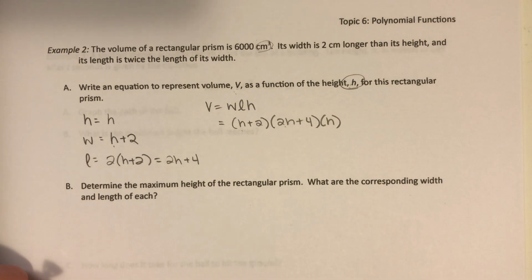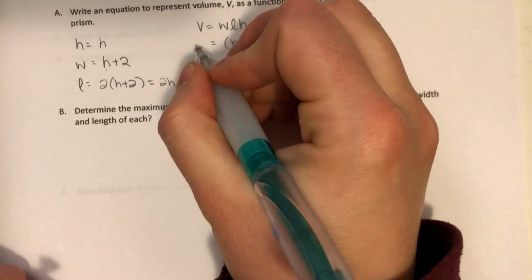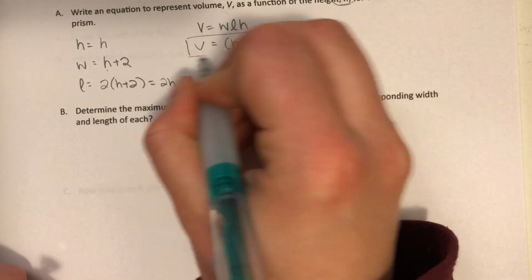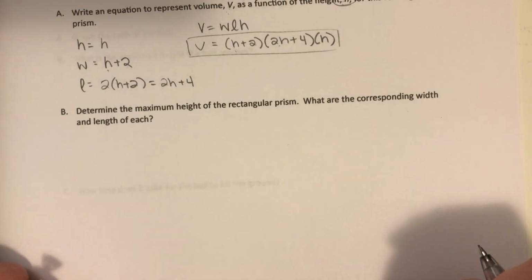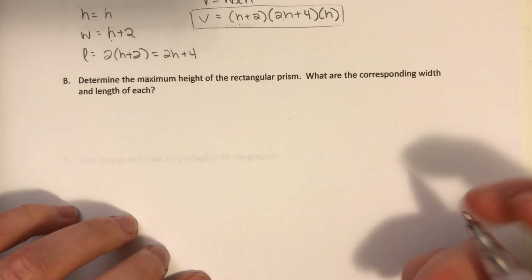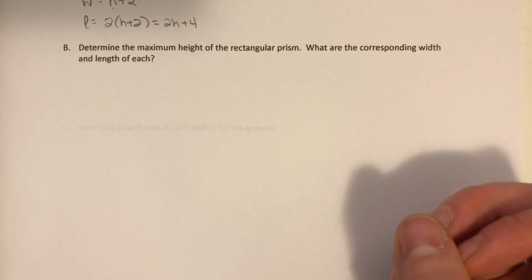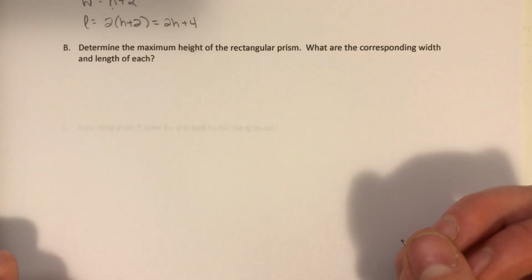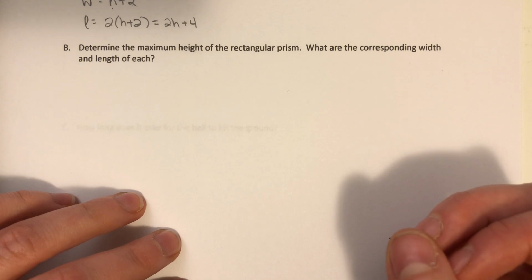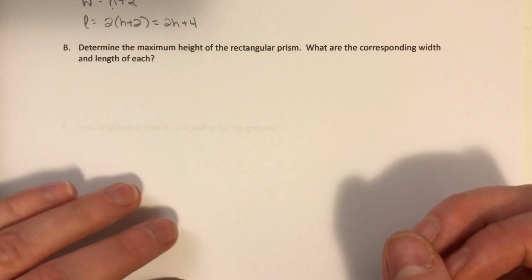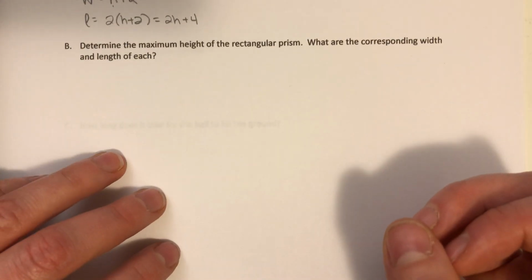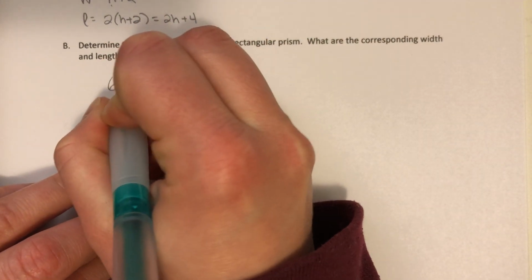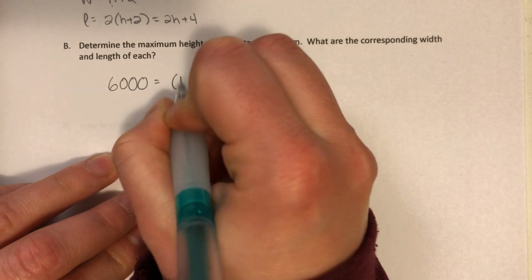Okay, so there's our equation. V is equal to that. And it doesn't say to multiply it out, so we can just leave it. What we're going to do is determine the height of the rectangular prism. What are the corresponding width and length of each? Okay, so it told me that volume was equal to 6,000. So if I replace